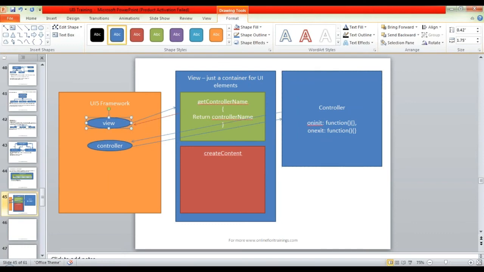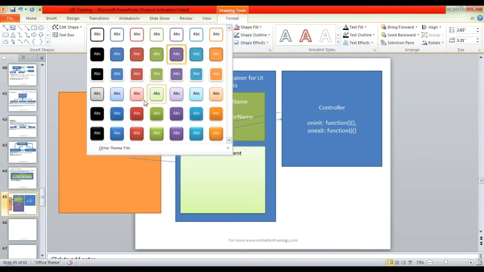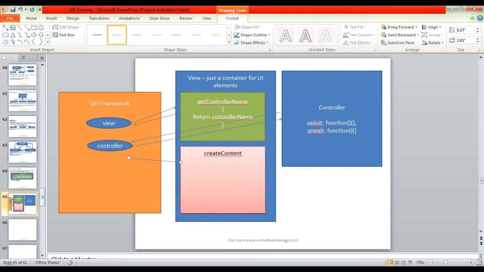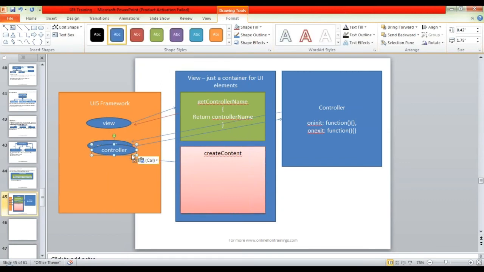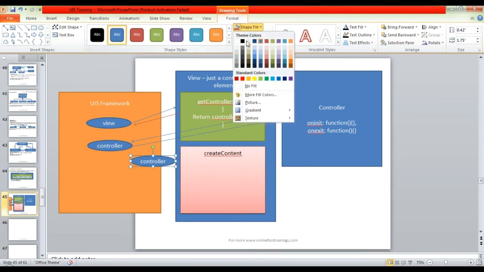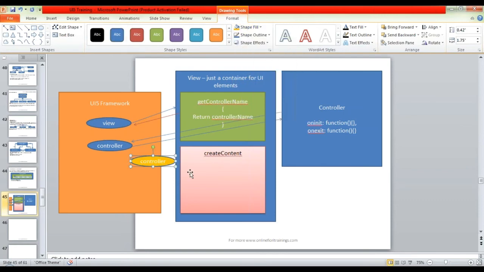So once your view object and controller object are created, then the SAP UI5 framework, in the next call, makes a call to the create content method of your view. Once this is done, in the create content method, it passes the object of the controller to the view. Okay, so it has already created the object of the controller. Now this object it will pass to the view